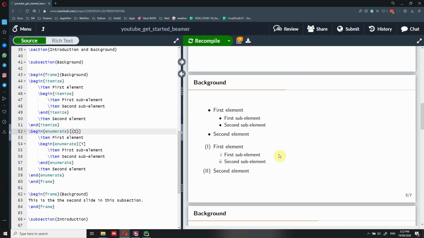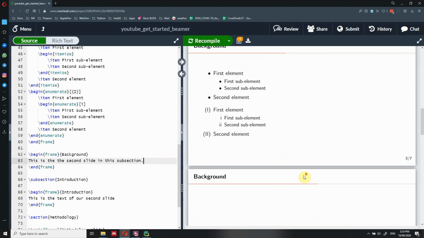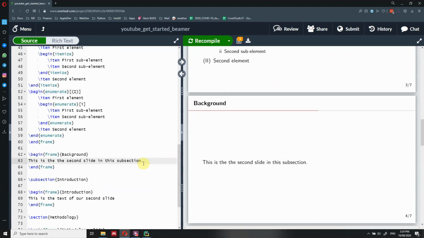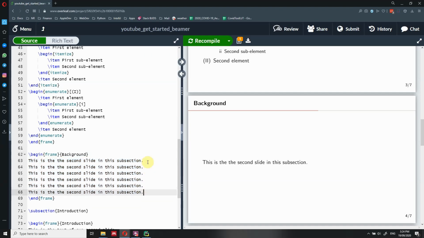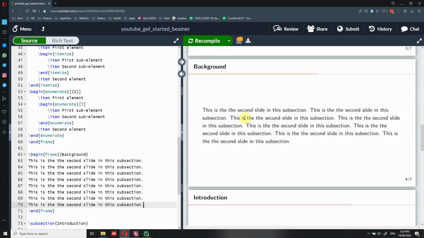Another very interesting thing that I want to show you is how to subdivide text into columns. As you can see here right now, we have a lot of empty space, but let's say that we want to add a lot of text in this slide here, slide 4. So now we have our text, which is very nice here. The only thing is that we want to have two columns.